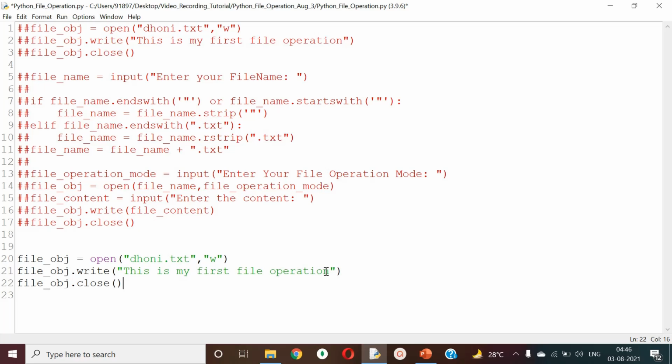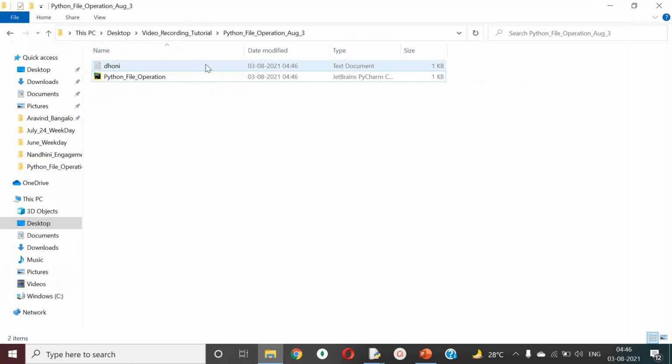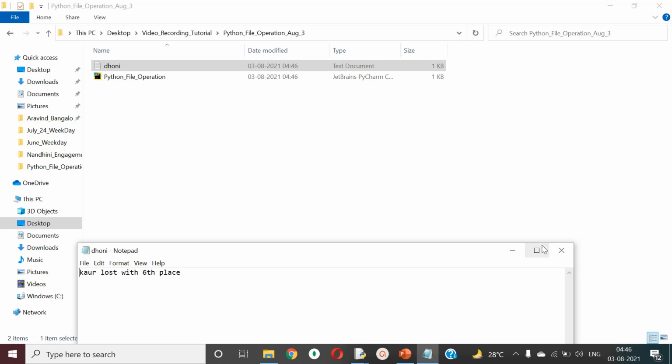Okay, fine. So let me keep it as the same file only. Something onto the same file. I'm running, and when I open, it is having the latest data.